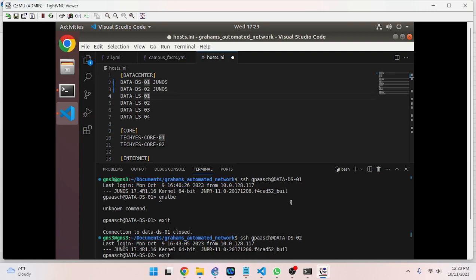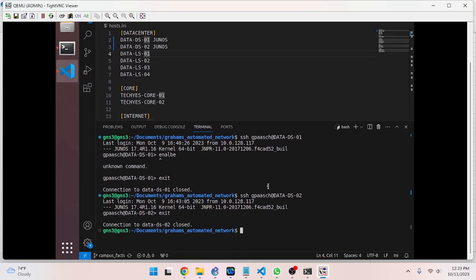But this is a great way to securely access the network, because then they can only get to it from this device with this key. And in fact, even if they have access to this device, if you want to lock down your network, you just blow away the key. But that means you have to have boots on the ground and actually connect to the device and get in through console that way. So